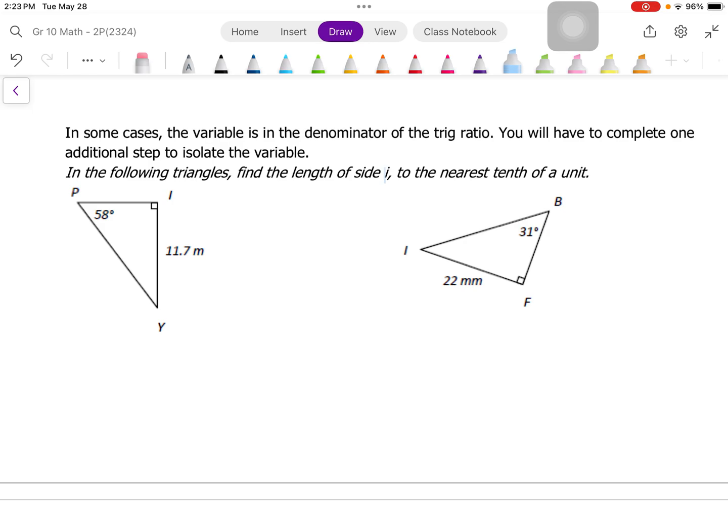So this time we're looking for I, which is over here on this triangle and over here on this triangle. So my reference angle, the angle that I know and therefore can use, is the 58 degrees. I is across from the right angle, so this is my hypotenuse, and the 11.7 is across from or opposite from the reference angle. So that is O. So once again, if we write down SOHCAHTOA,